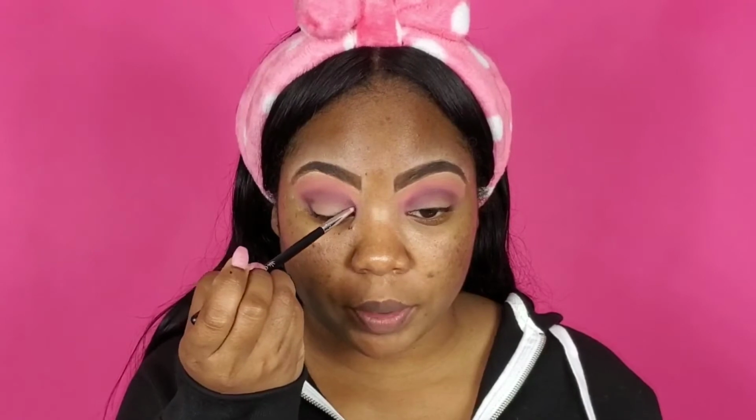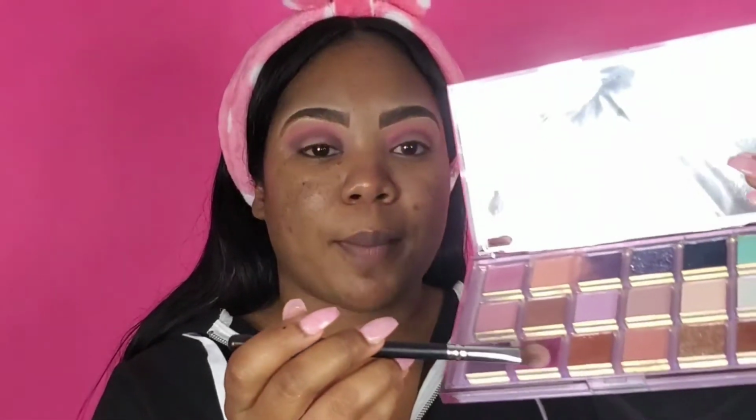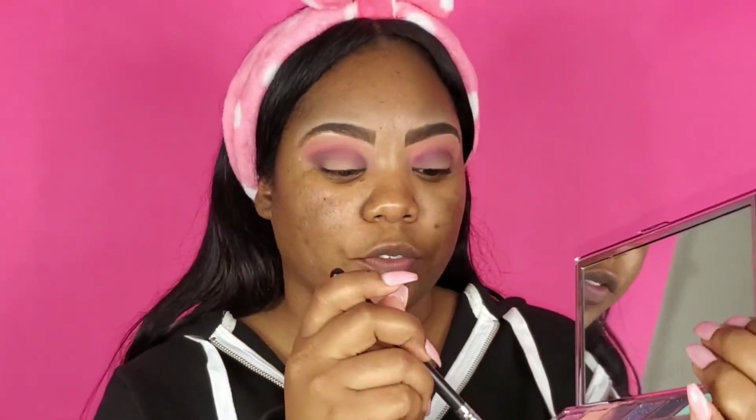So what I do is I just kind of place it first before I blend it, just because it's a very dark color and you're gonna have to be careful with the dark colors because it can go wrong really quickly. So I'm actually going to take Hot Mess here and kind of use it to blend out that color Vortex and just create that deep